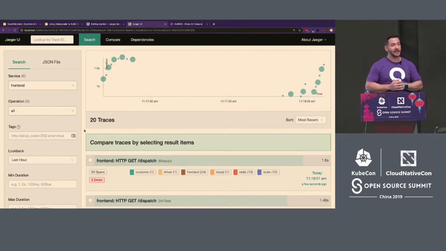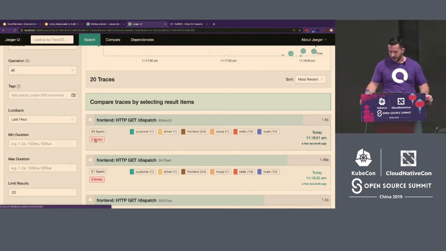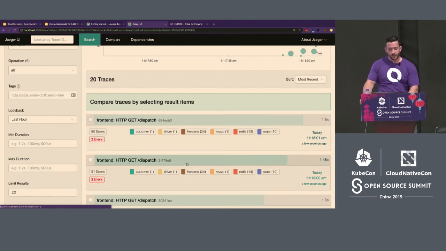What this will actually highlight for me are important things like the number of errors. So if there's errors in the trace, I might want to go investigate that. Or the latency of the request. So for example, this call took 1.6 seconds. Each of these boxes represent a trace. You can see them summarized here, but you can click into them to get rich insights from that data as well.